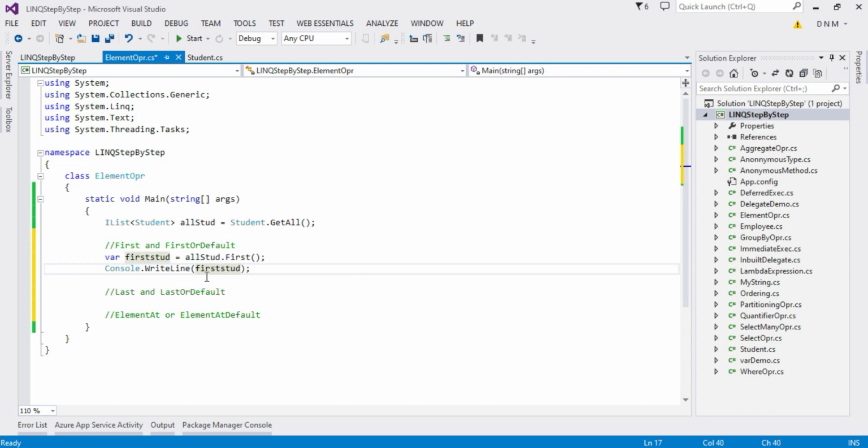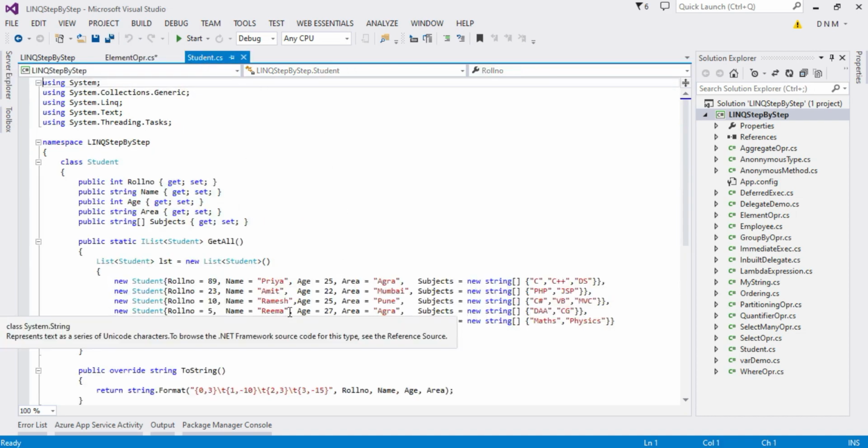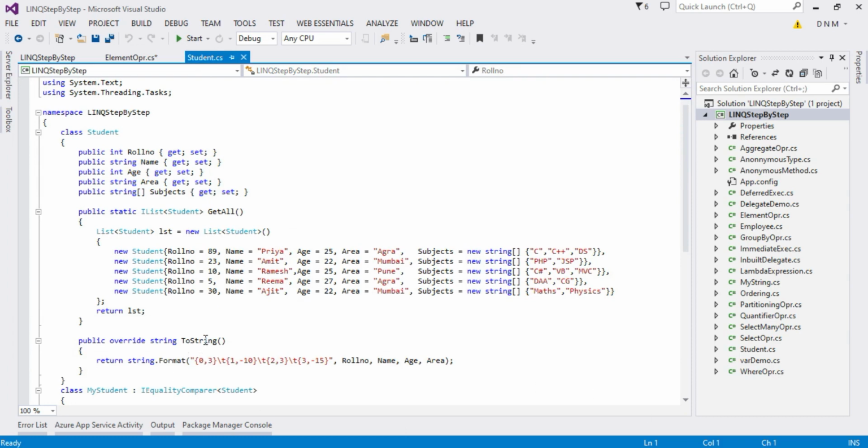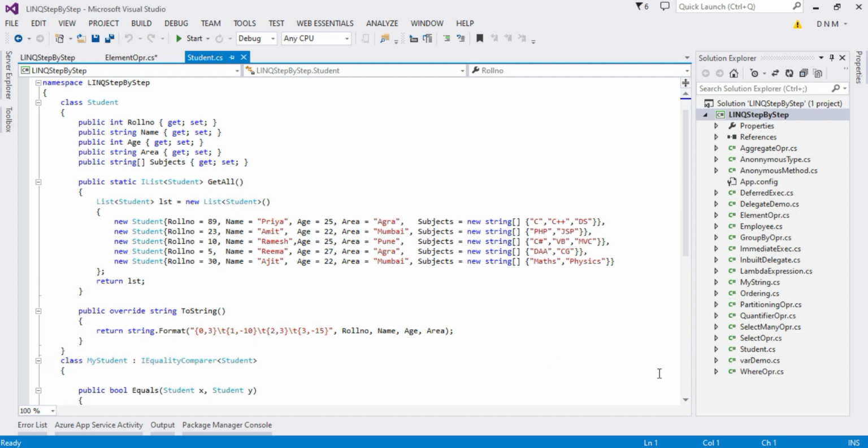Simply writing firstStud is definitely going to work, because in the student class we have overridden the toString method of the object class. Whenever you specify the name of your object, it calls its toString method, and our output gets printed this way.